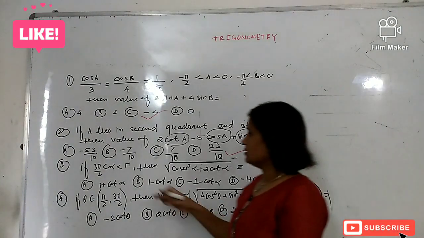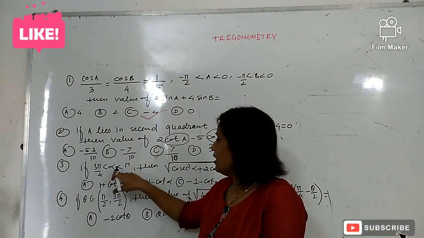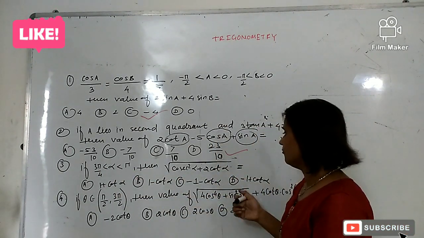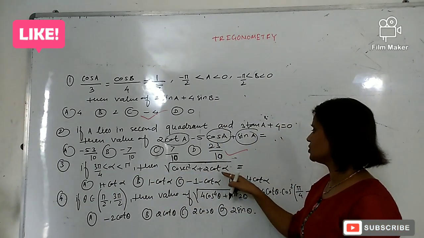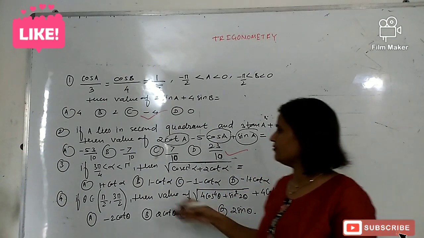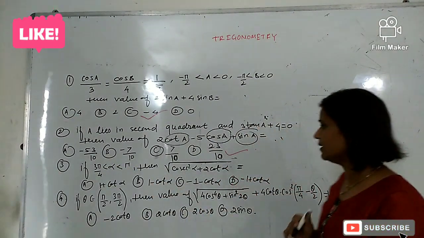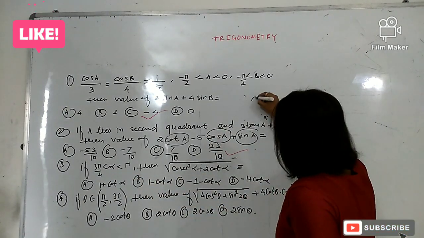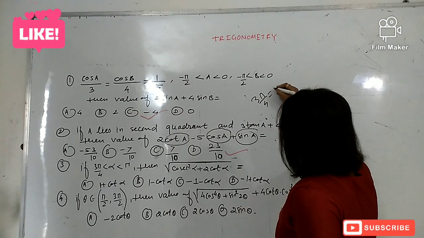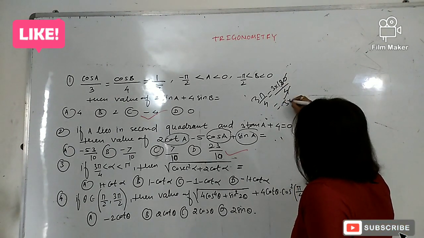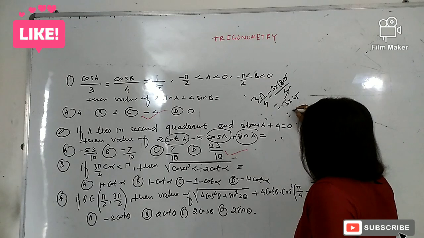So the next question is the third question. If alpha is greater than 3 pi by 4 and less than pi, then find the value of cosec square alpha plus 2 cot alpha, and there are 4 options given. So first we see where our alpha is present exactly. From this condition, alpha is greater than 3 pi by 4. What is the numerical value of 3 pi by 4? Pi means 180 divided by 4, so after cancelling you will get 45 here, and this total value is 135.